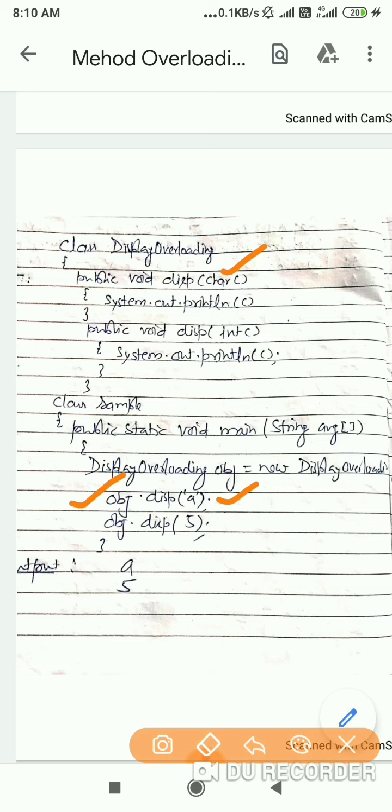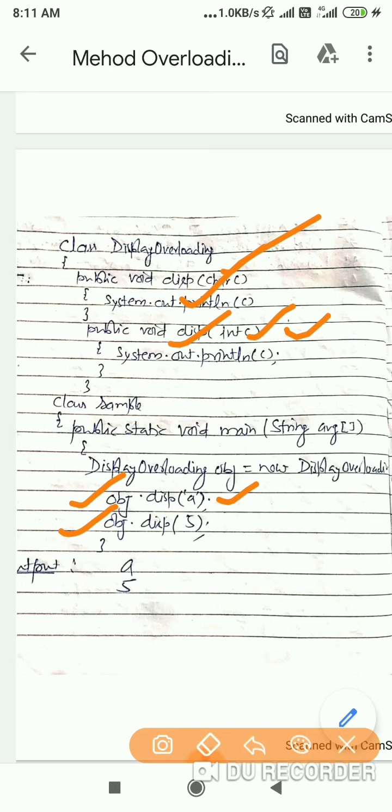This particular method is overloaded by this method, and here we pass a character. Then this void display method is called, and the other is overloaded. And when we pass an integer value, then this method is called and the other is overloaded.